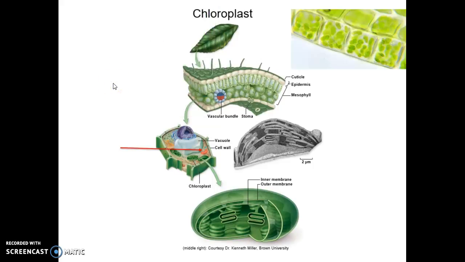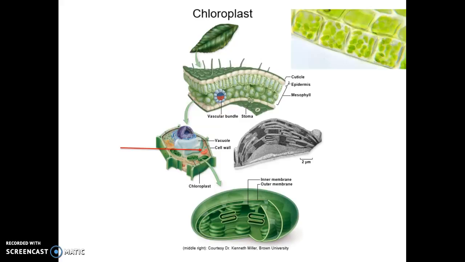Notice the mitochondria. Plants have mitochondria. They can run photosynthesis with the mitochondria. Or no, I'm sorry, they can run cellular respiration with the mitochondria. They can also run photosynthesis with these chloroplasts. So plants have two ways of producing energy, two sources. Mitochondria for cellular respiration and chloroplasts for photosynthesis.